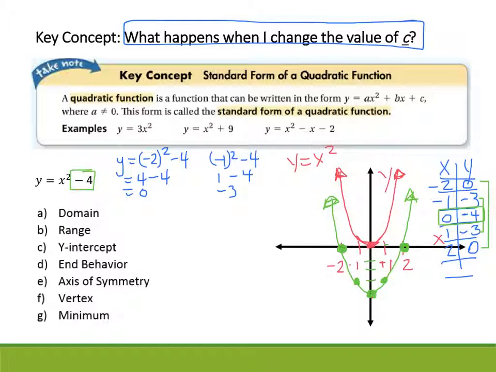So what is the domain of the graph? And again, I'm looking at this green graph. My domain of this graph is all real numbers. For all quadratics, we're looking at all real numbers as the domain. That just means that I can put any number in for x that I want to. But my range is my output values. And since my minimum point is -4, that's my minimum, and my vertex is sitting at 0, -4, and my axis of symmetry is x equals 0,